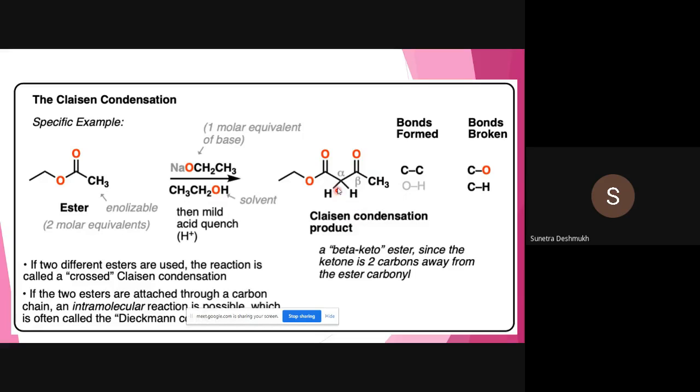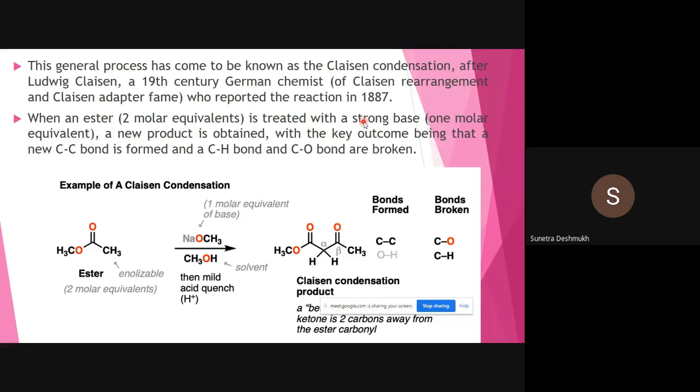We can generate an olefin over here, generate a carbon-carbon double bond. So this is like a starting material for different reactions. This is nothing but the Claisen condensation, and this beta keto ester acts as a starting material for different reactions. This is the basic thing about the Claisen condensation reaction, and we'll go through the mechanism and further things.